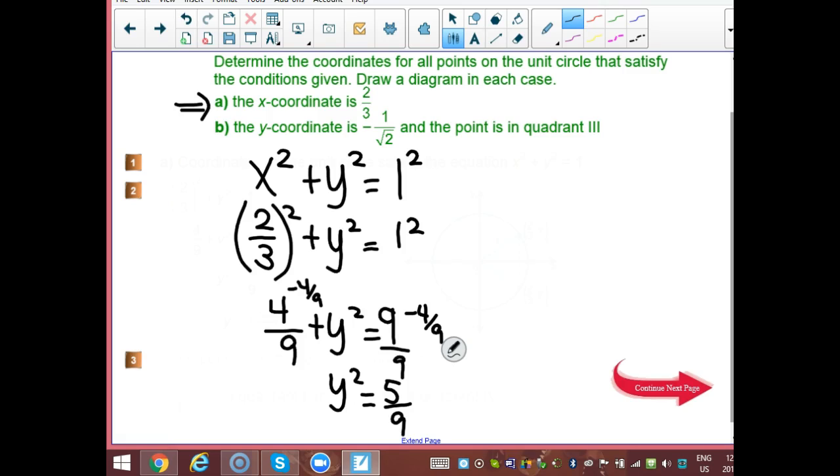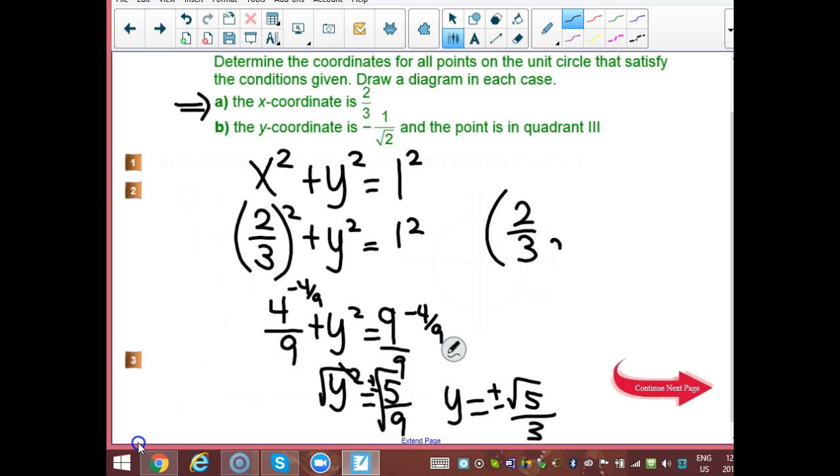And we still want to know what y is. So we square root, and whenever we square root, we bring in a plus minus. Okay, so our y is plus or minus root 5, and the root of 9 is 3. Okay, so our coordinate is, if our x is 2/3, we'll write it as 2/3 and root 5 over 3, and we have to write the second point of 2/3 and minus root 5